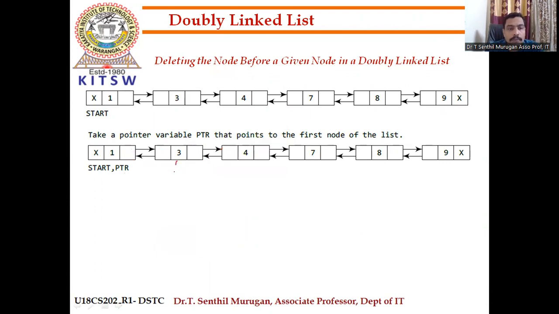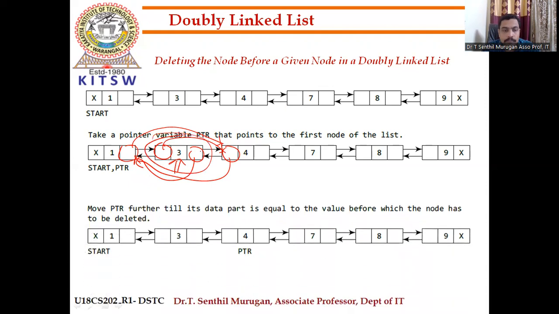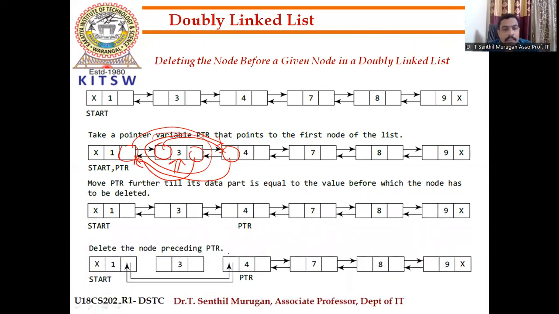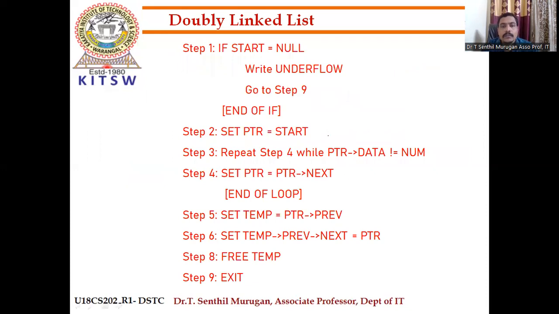So what will we do if we want to remove this node? This node will point to this node. Okay. So this value we will assign to here. This value we are assigning to here. If you do like this, the node will be removed. Okay. So PTR is pointing here. So simply, this node will be removed. So again,